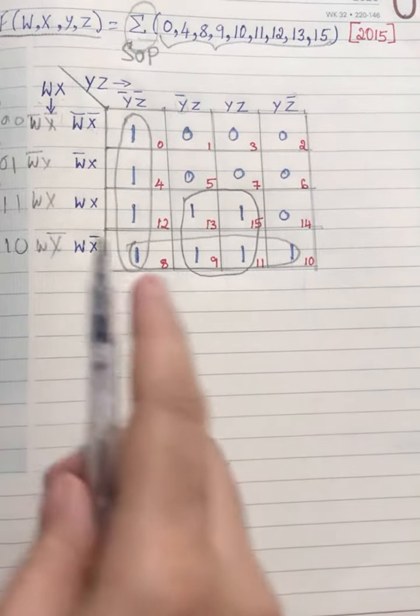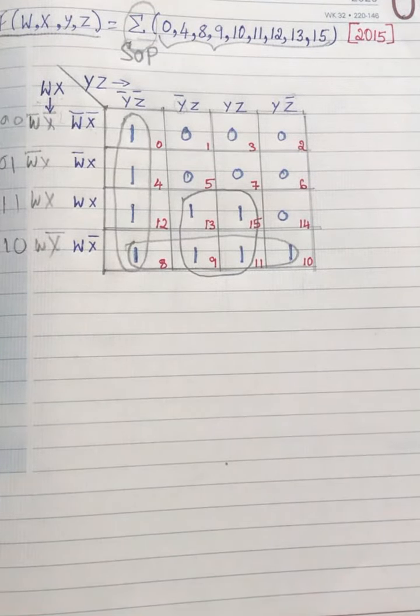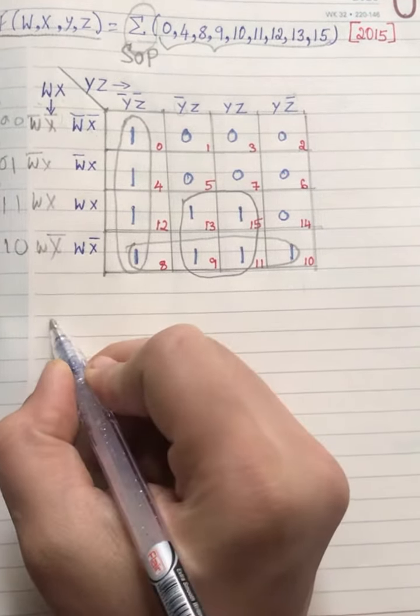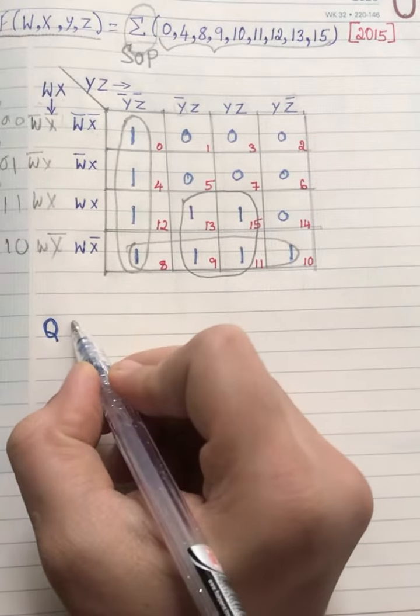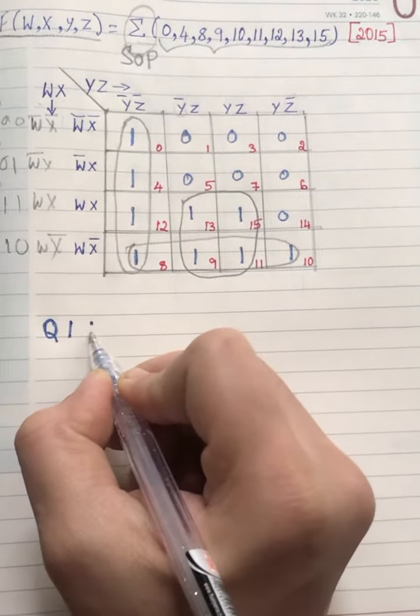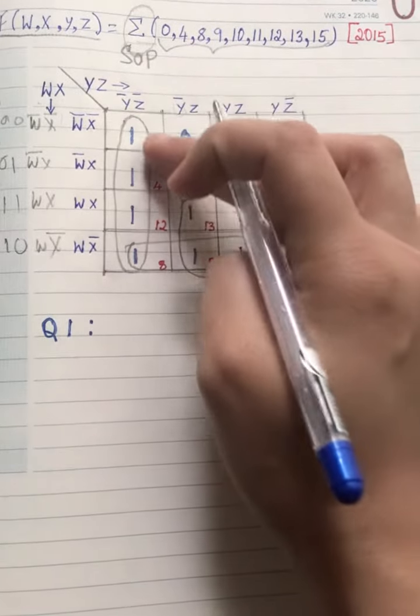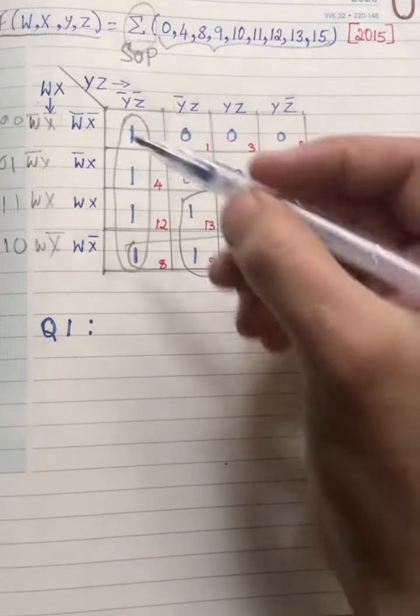Now the next step is nothing but you need to write the simplified expression. This is where everyone goes wrong. So remember this, how to write. First we are going to take the quad 1. I'll mark it as Q1. So let me take this one. First go with